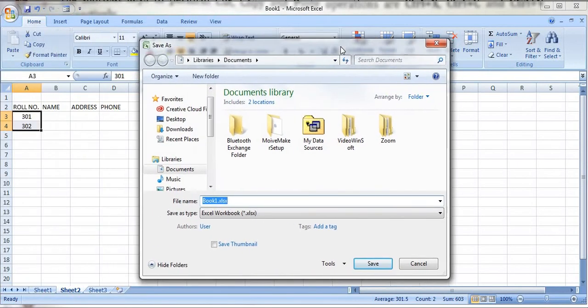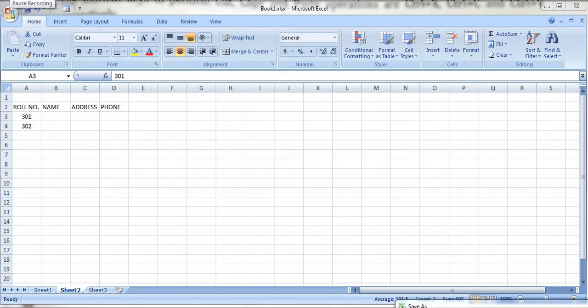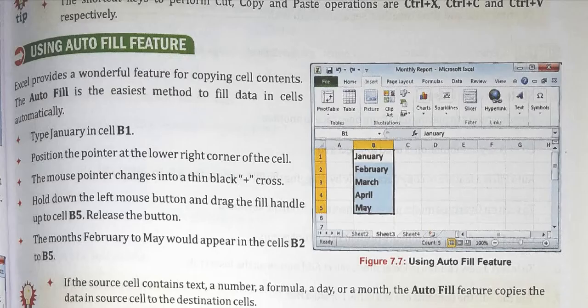So like this, after 301 302 we can drag it, right? That is autofill. We can continue the series and we can use the autofill option. Like this we can continue 101, 102.